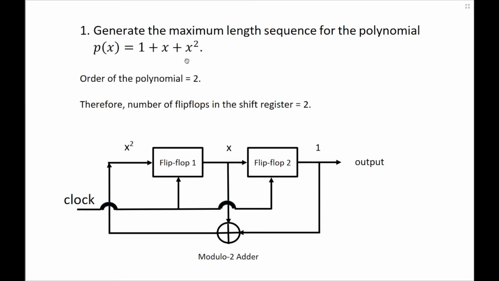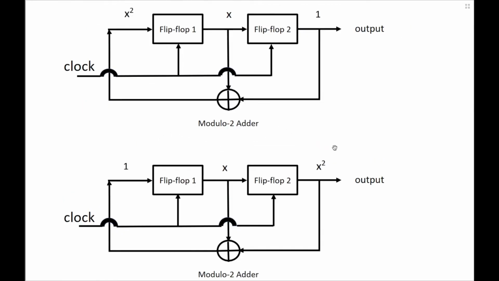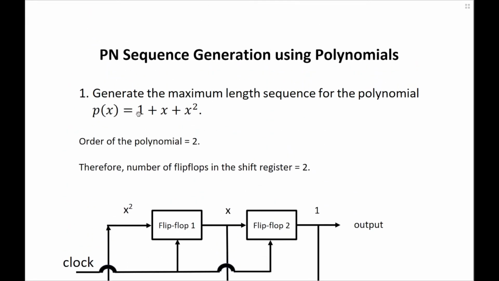An interesting thing you should note is that it is not mandatory to label the inputs and outputs of the flip-flops in the fashion I have shown. In an alternate fashion, we can start by writing the input as 1 and then move right by increasing the power of x. So, if this is 1, this will be x and this will be x square. Now, the input is 1. So, I have to rewrite this equation to find what 1 is. By rewriting this, we will find 1 equals x plus x square.